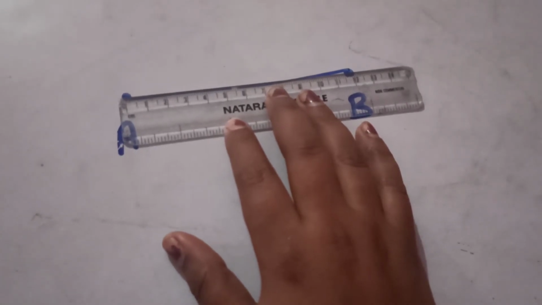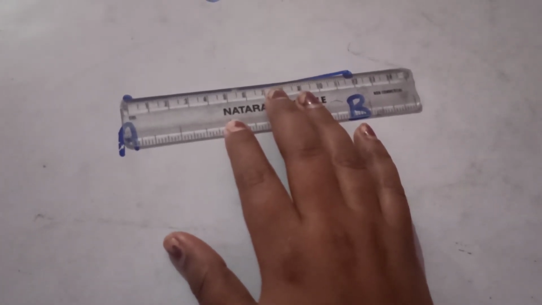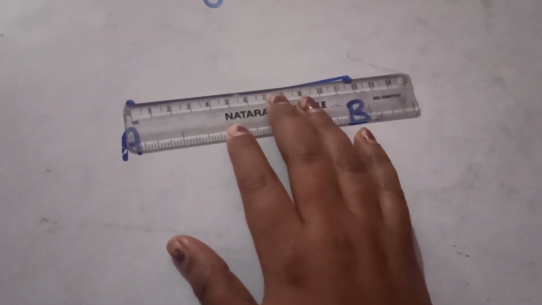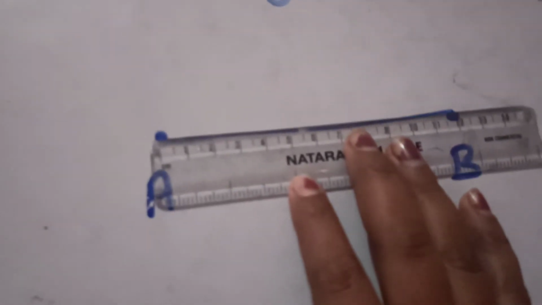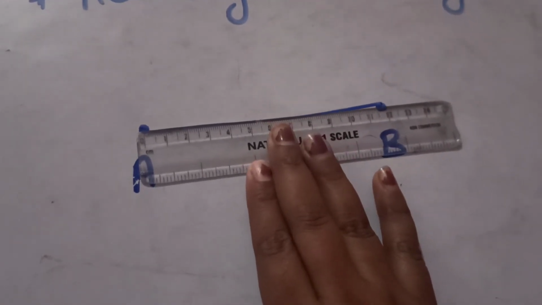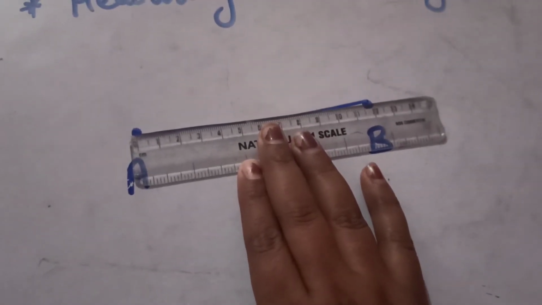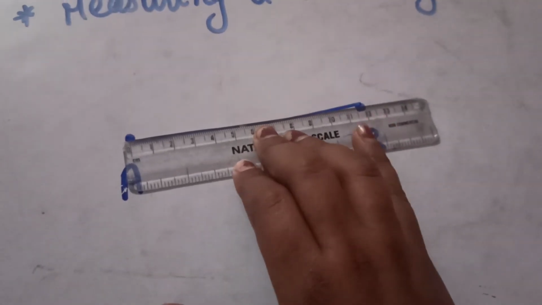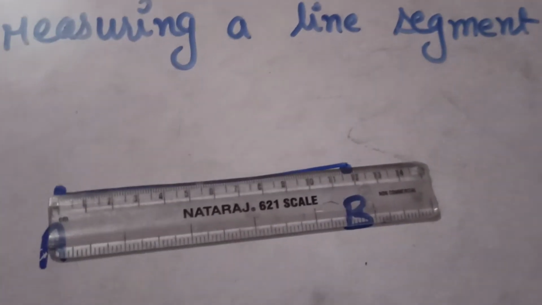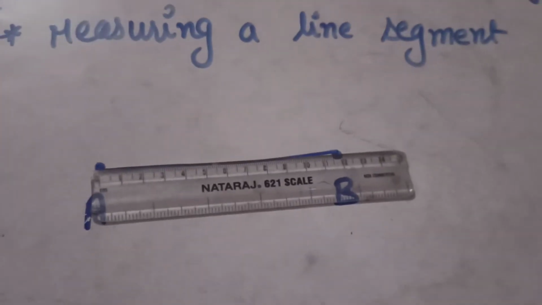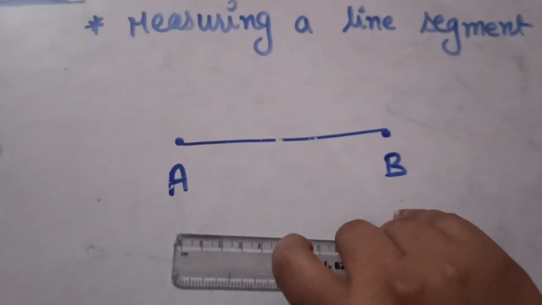Right? The second step is to place the ruler such that the 0 mark of it is on the point A of line segment AB, like this. Right? Now locate the mark on the edge of the ruler which is on point B. Now we will go like this. Right? So now which point is here? Here is 12. It means the length of this line segment is 12 centimeter. Clear? This was how to measure a line segment.